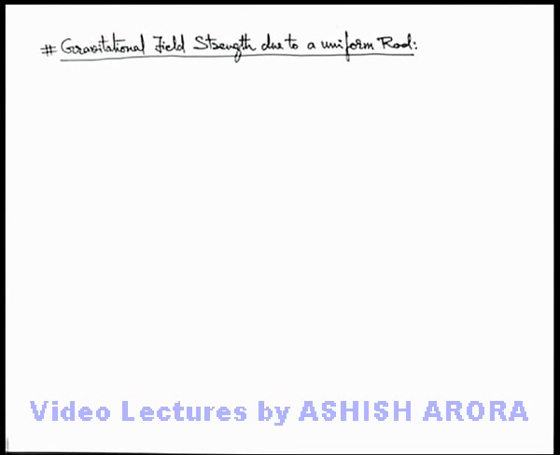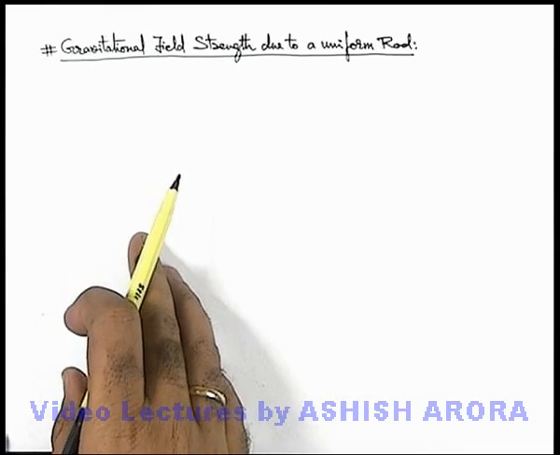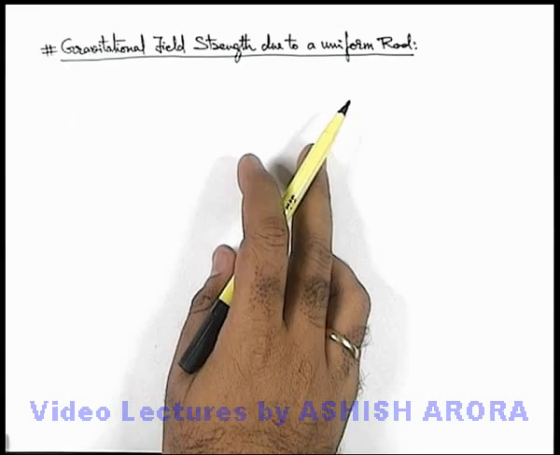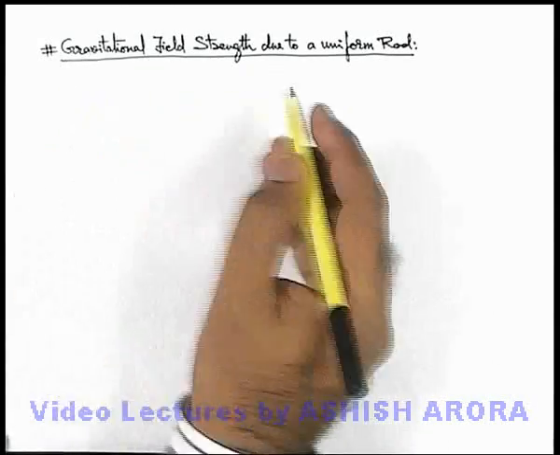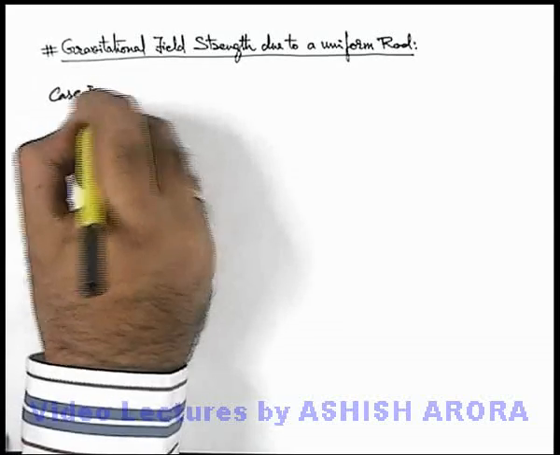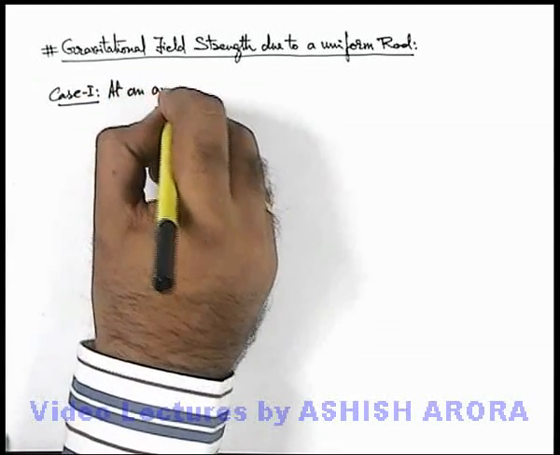Now we'll discuss different applications of calculation of gravitational field strength, and here the first is gravitational field strength due to a uniform rod. We are going to discuss two cases in this. Case 1 for this situation is at an axial point